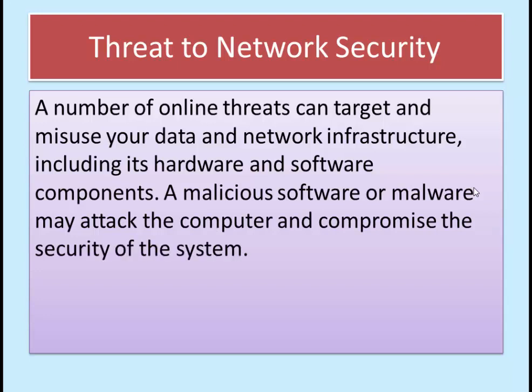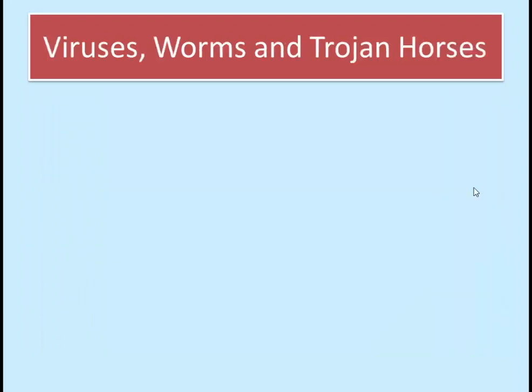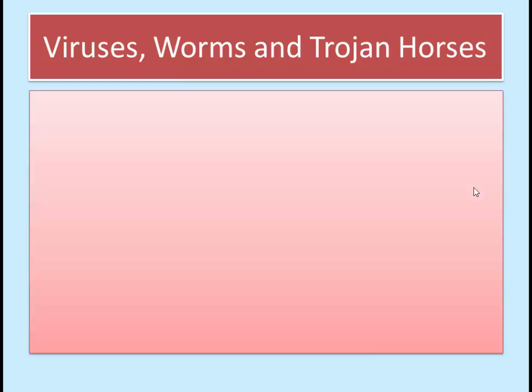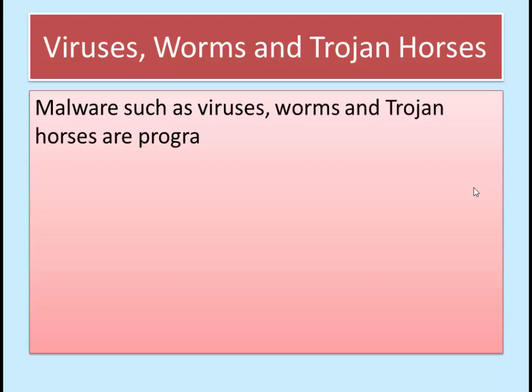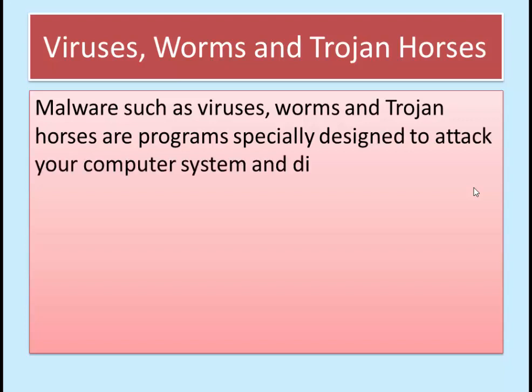So this is a threat. I have already talked about it. Moving on, these are viruses, worms, and Trojan horses. These are the threats that we may encounter while we are using internet. Malware such as viruses, worms, and Trojan horses are programs especially designed to attack your computer system and disturb its normal functioning. Viruses, you already know, are small programs that are capable of modifying some other programs,